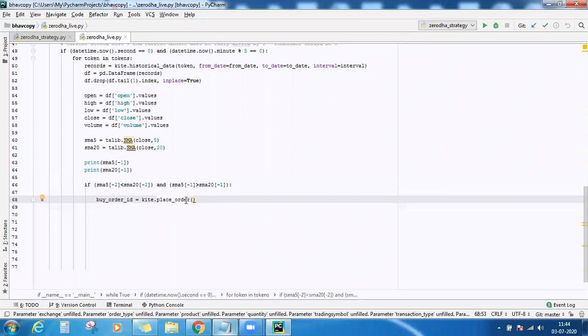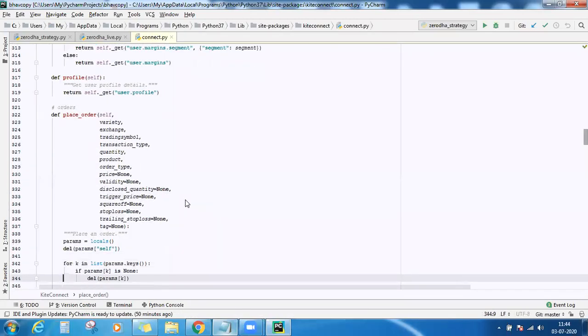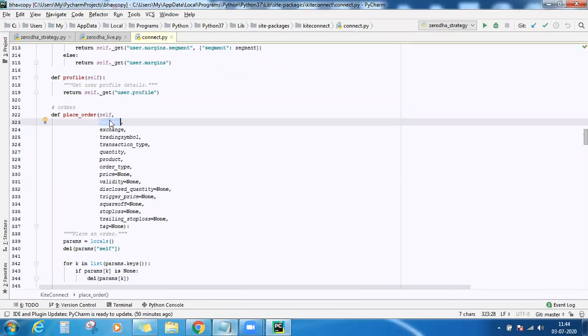Now this kite.place_order, see how many arguments it accepts. First is the variety. Variety means, is it a regular order or an aftermarket order, which happens after 3:45. Our market ends at 3:30 p.m. every day, and after 3:45 you can start placing aftermarket orders for the next day.